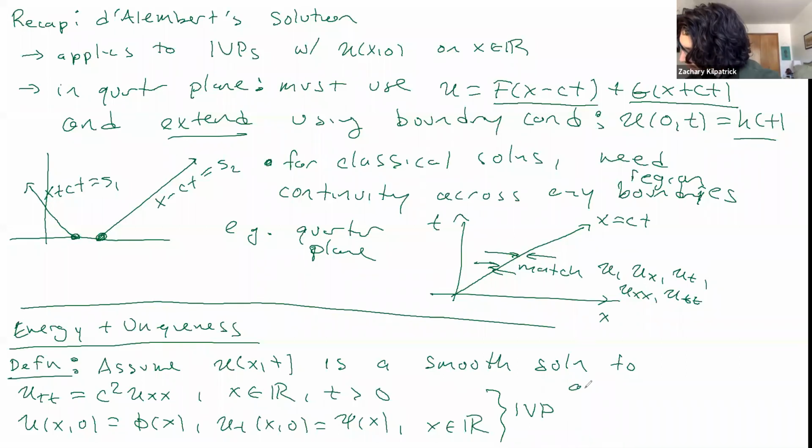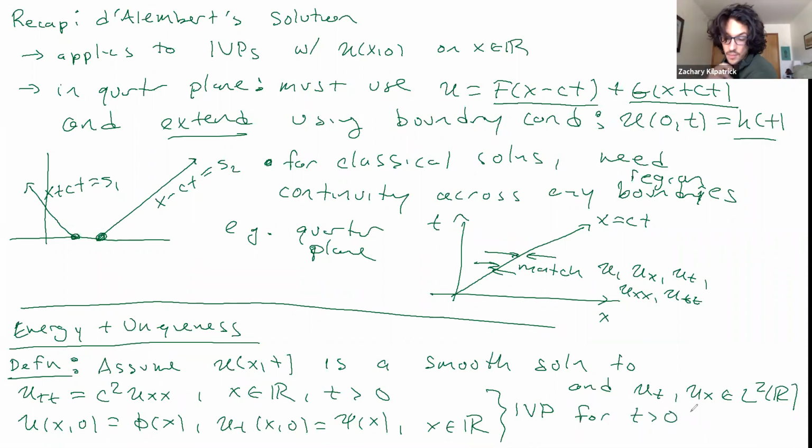And we'll assume that if I have the solution, then its time derivative and its spatial derivative are L2 integrable for t greater than 0. So I'm going to be able to take an integral, okay? Then,